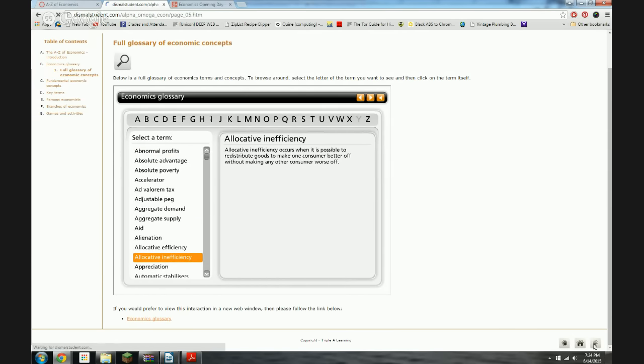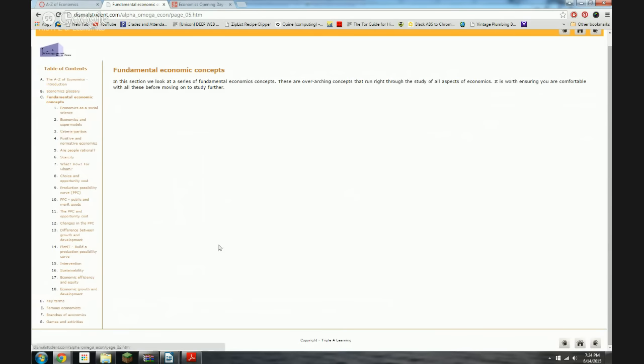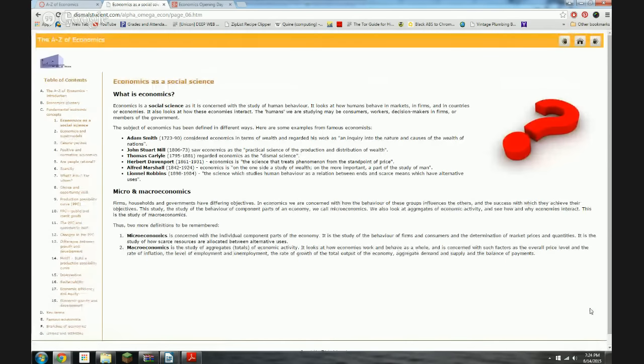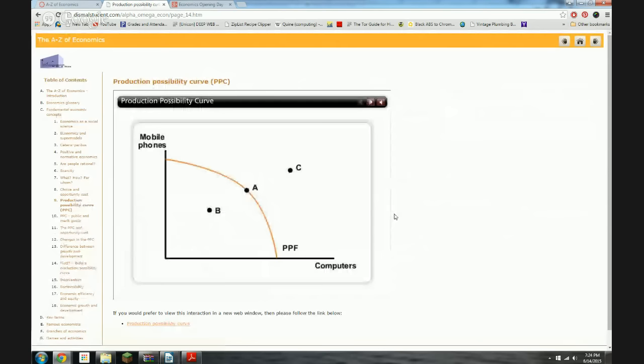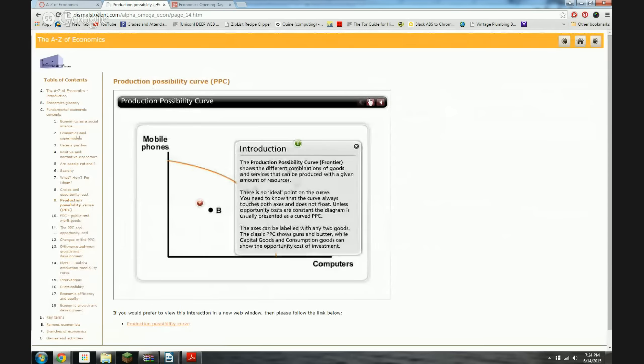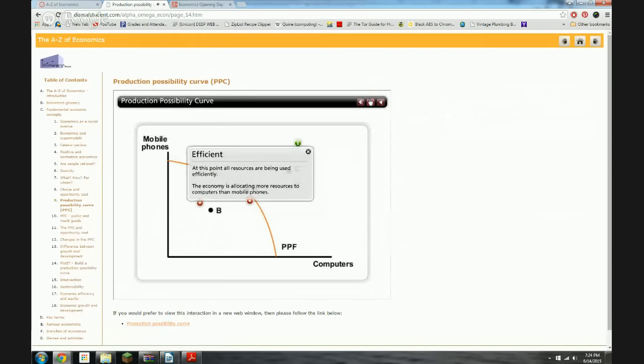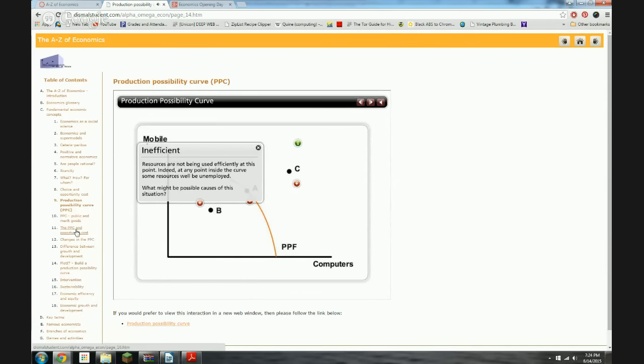Then we go on, we've got fundamental economic concepts, and this is broken down into different things, and it's going to have a lot of material, and you can click for it at the top or the bottom. You can always go back to the index. So I'll get you down here. We've got a discussion here. You can click on the play to go forward to different points, and it'll describe everything.